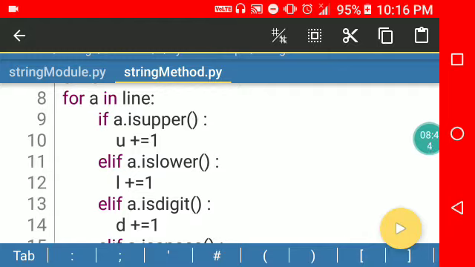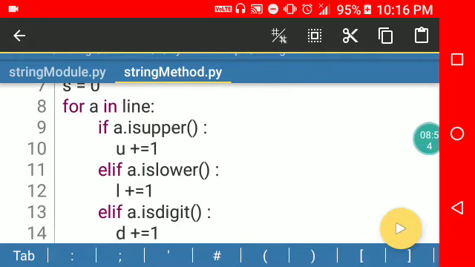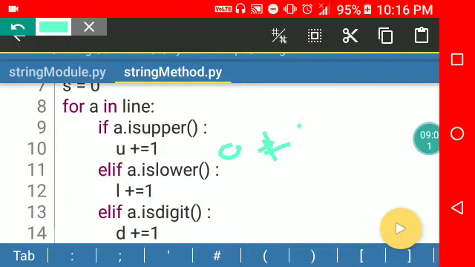So here the first character will be checked. If the first character is uppercase, then 0 plus 1 is equal to 1. Otherwise go to another condition and check lowercase; if yes, then 0 plus 1 is equal to 1.